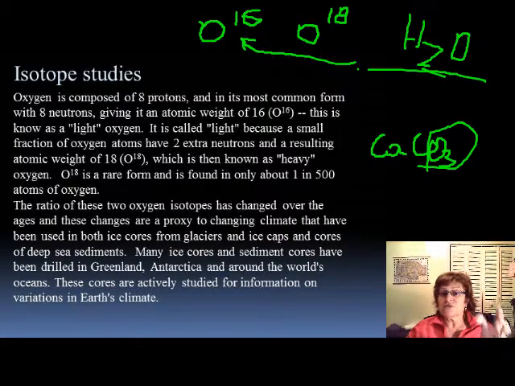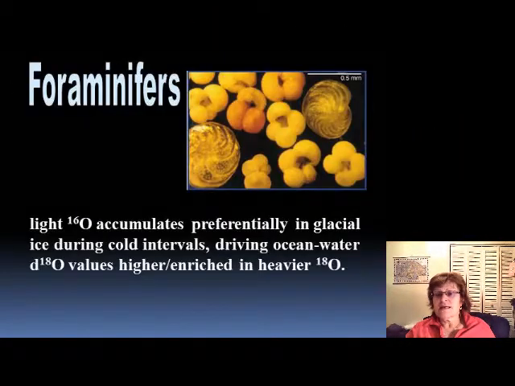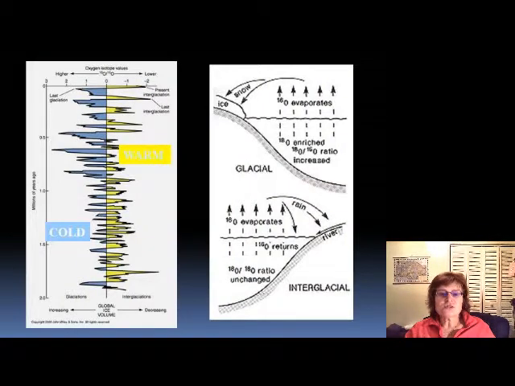So that's the isotope studies, and you should know it because I will ask about the oxygen isotopes. And right here you can see the foraminifers. Remember, every single one of these is calcium carbonate, so they have oxygen in them. So you can study the oxygen 16 and 18. And here this shows you